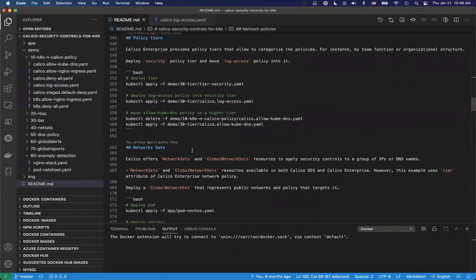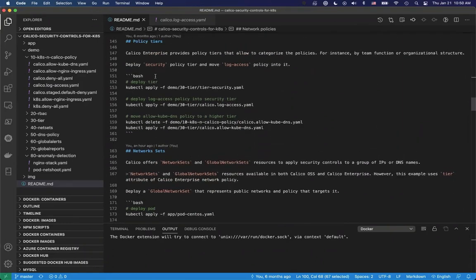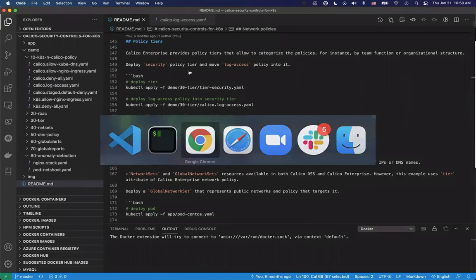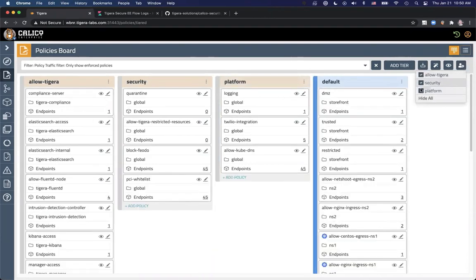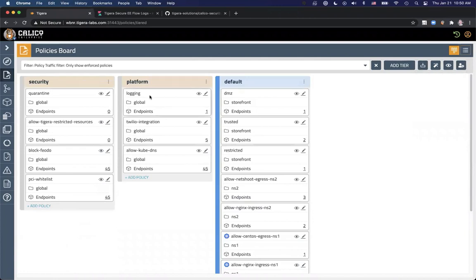Going to skip Kubernetes RBAC. You can run through that example, and the same for policy tiers. So for the policy tiers, let's take a look at what we have already in the cluster. In my case, I have 4 tiers in here. I have the allow Tigera tier, that's the tier where access to Tigera components is defined. For the other tiers, I have security, platform, and